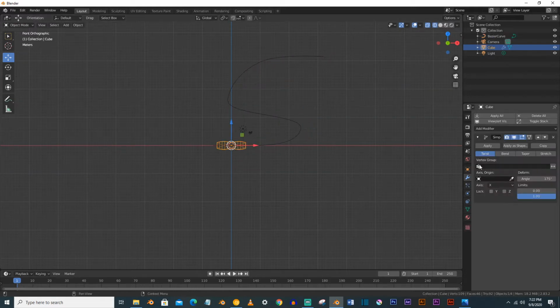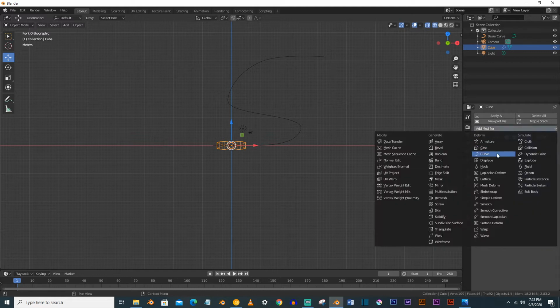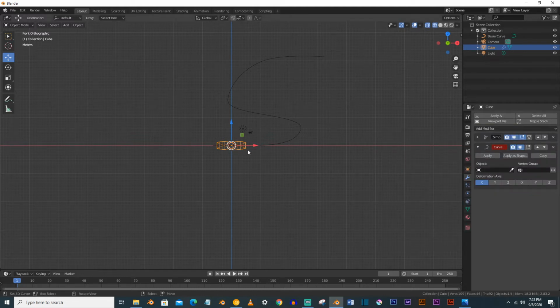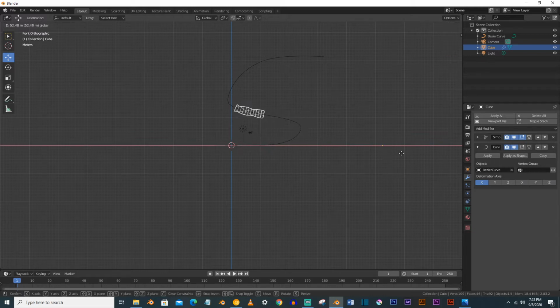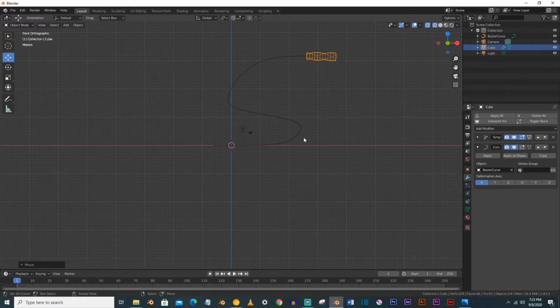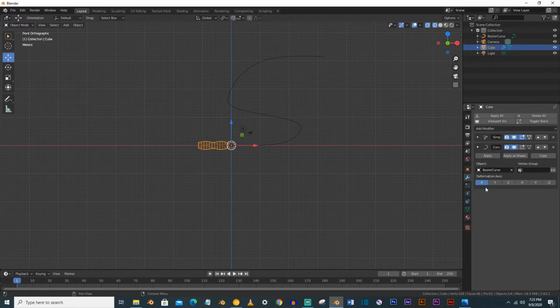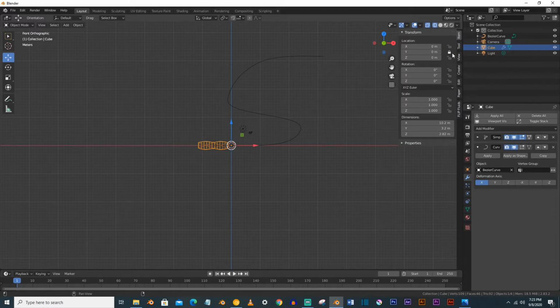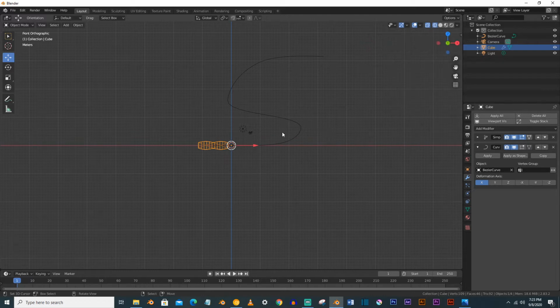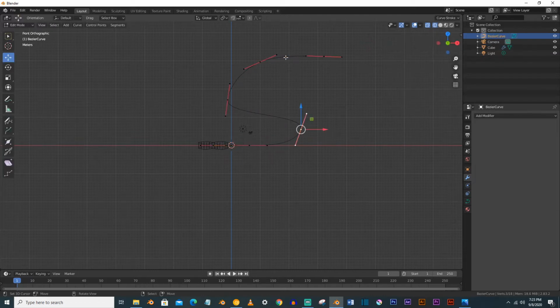Now select the object and apply the curve modifier on it, because we want the object to follow this path. Select the Bezier curve here, and now you can see that it will follow the path of the curve. Because we have to choose the X-axis, it has to move only on the X-axis. Press N and lock both Y and Z axes, so it will not move on those axes. Just make a little bit of adjustment here.